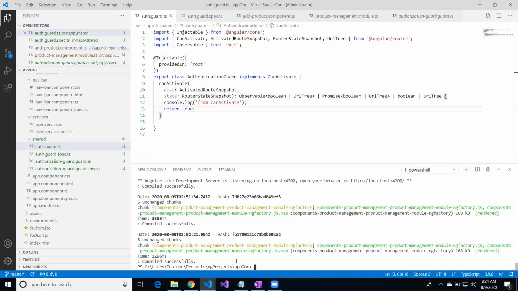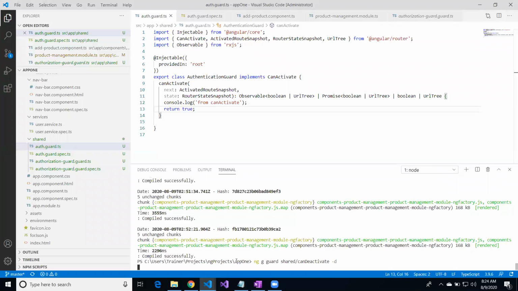and generate another guard. I'll just name it can deactivate, keep it multi-purpose. Anyway, it will get suffixed by the word guard, so we would be able to differentiate between the actual can deactivate function or method versus the guard. So let me just have a dry run first. Can deactivate